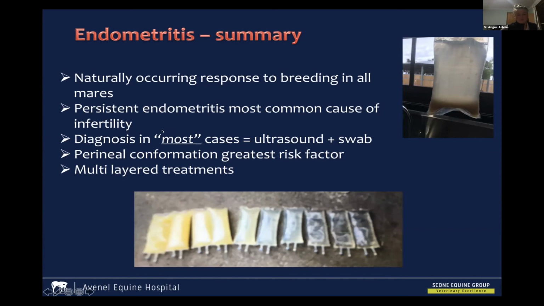And I've put most because I think we'll all be familiar with cases that really have no indicator of any underlying issue, and we will use common treatments for endometritis and have breeding success. Perineal conformation is probably the greatest risk factor. So caslicking mares and reducing any risk of contamination into the vestibule is probably the best way to prevent this from happening. And if it does occur, we have to be prepared for multi-layered treatments targeted to each individual